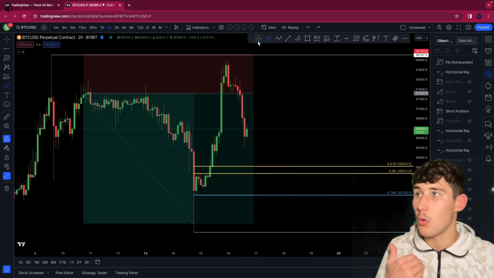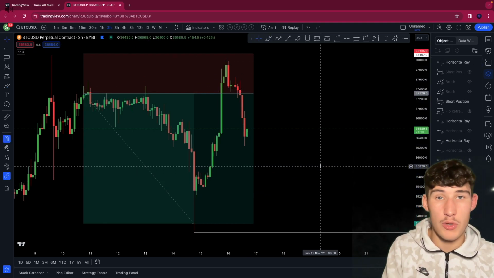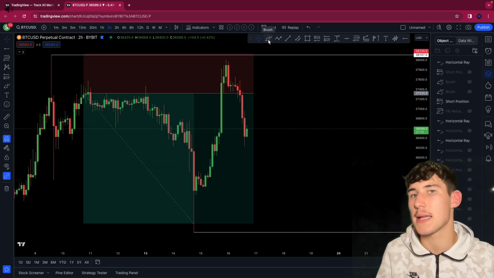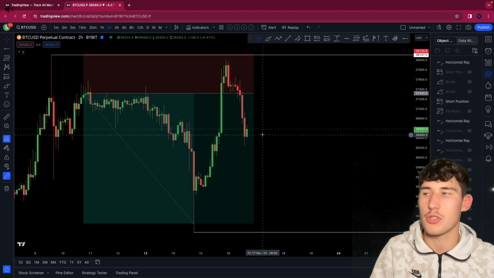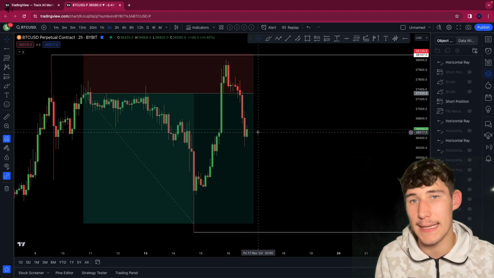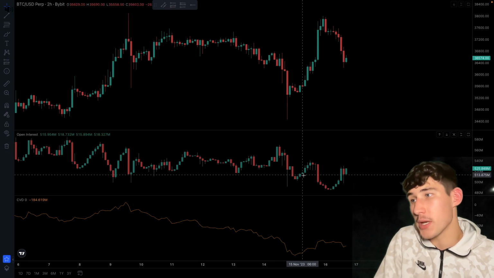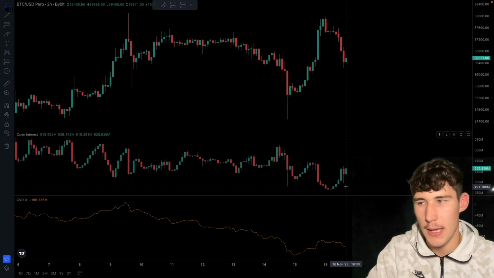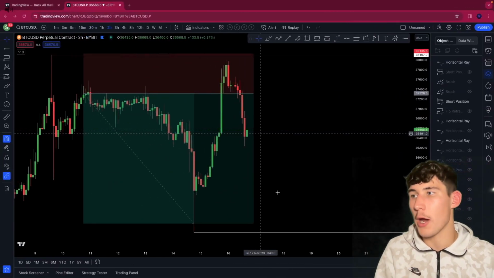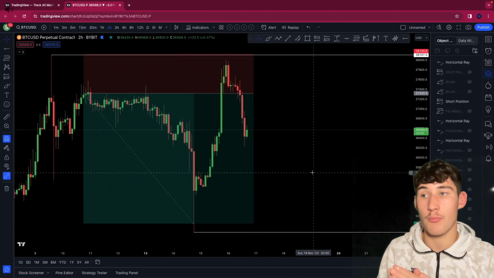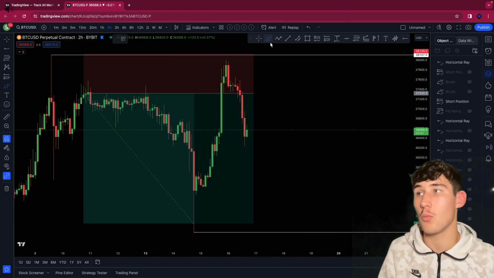Now of course we may not see any of these play out, which is why I'm telling you none of these are setups as of right now, because I don't know what price wants to do, because we're not at any key level, and the open interest and the CVD isn't giving me any information at all at this moment in time. So right now I'm just remaining short and chill. I'm remaining patient. I'm waiting for my level, one of my levels, to be tapped.